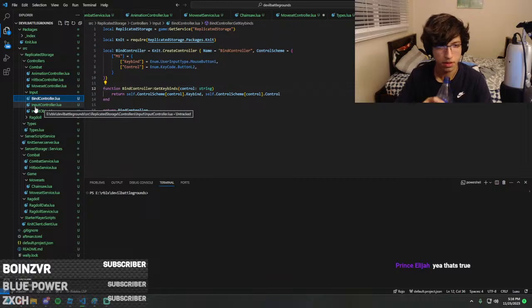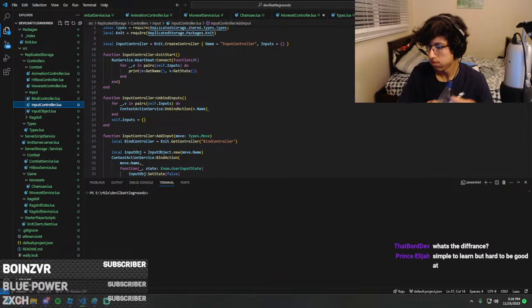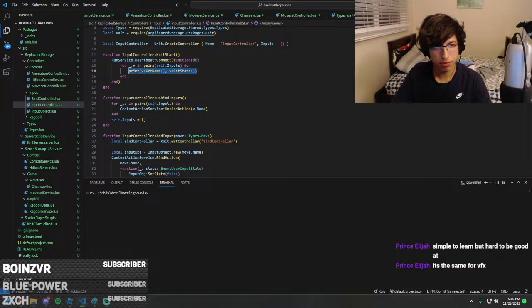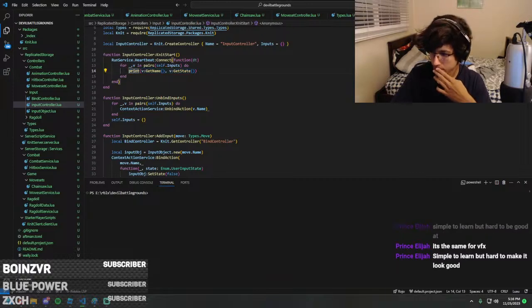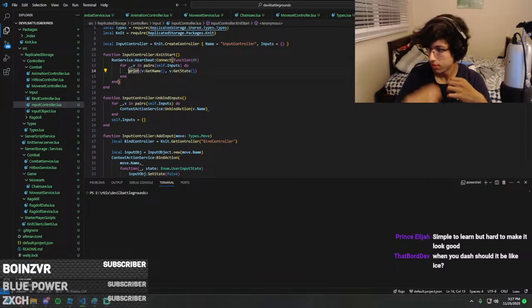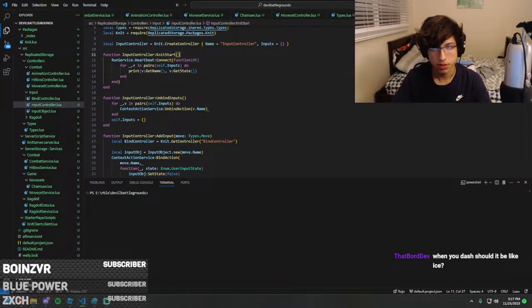So, let's see, input controller. VFX, yeah, I'm sure. So